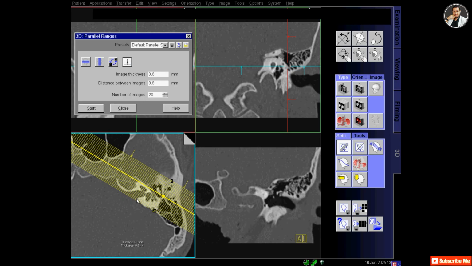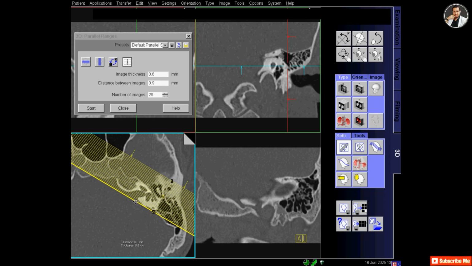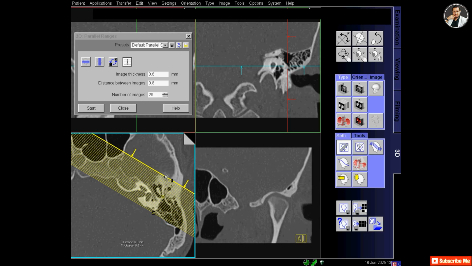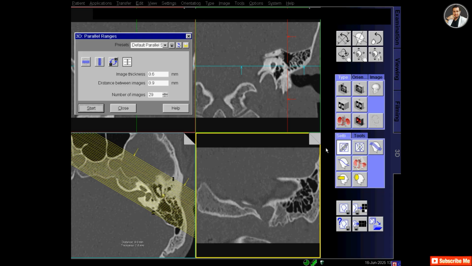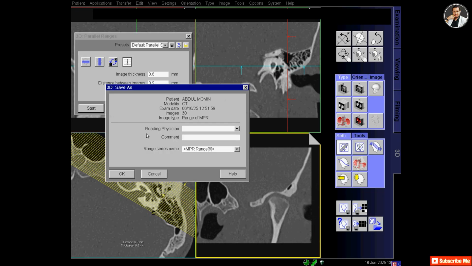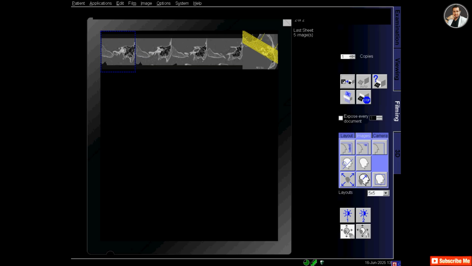So 29 images will be created in this angle, and this is the coronal oblique. I am taking time for making this, and click start and check the images, and now save as, again left ear, and also give the series name left ear, and then click OK, and then save and send it to the filming, and also send this reference image, and go to filming,